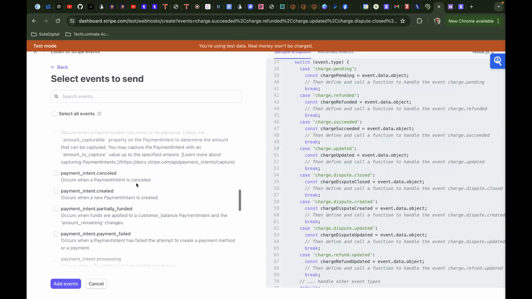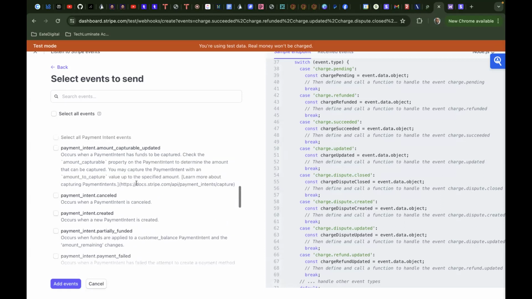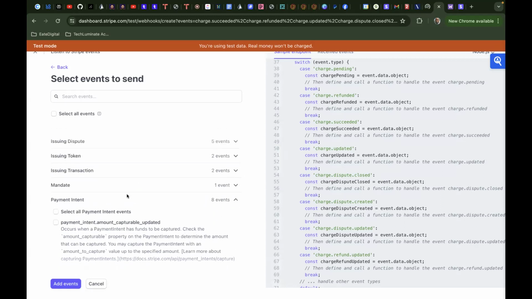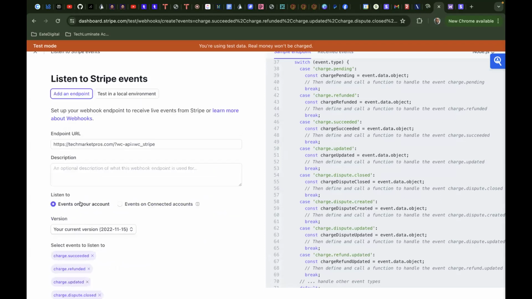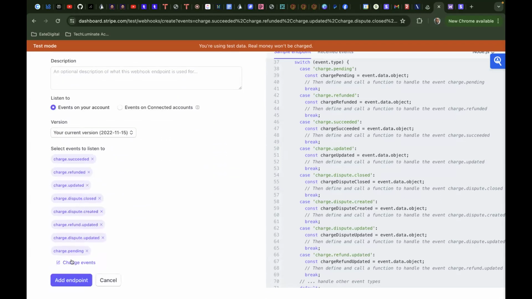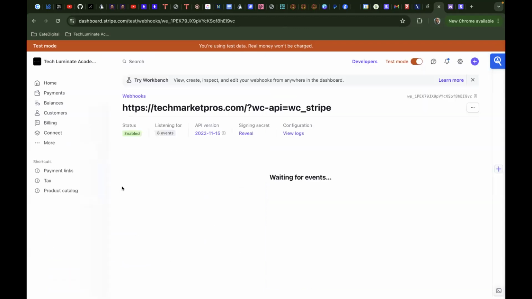Payment intent amount, if you even need these. So I don't need these, I just need stuff about charges. So what I'm gonna do is I'm gonna click add events. Right? And then once I'm done with that, I got all my events, I'm gonna click add endpoint. So I'm really mainly going with charges for products. I just wanna know if it succeeded, failed, somebody filed a dispute,